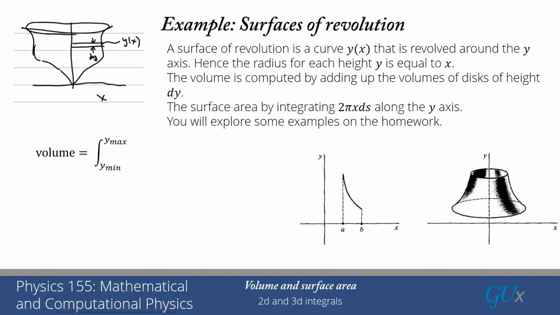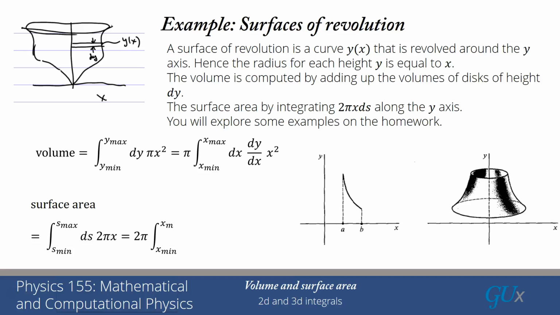For the volume, I'll have an integral from y min to y max dy of pi x squared. We typically want to integrate with respect to x instead of y, so I use the inverse chain rule to convert that to an integral over x. I can pull the pi out, and I get an integral from x min to x max dx dy dx times x squared. Similarly, if I want the surface area, I have an integral from the beginning of the surface